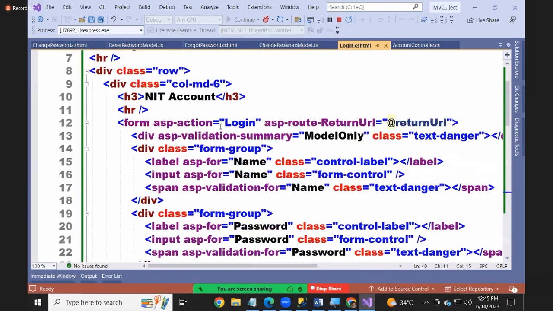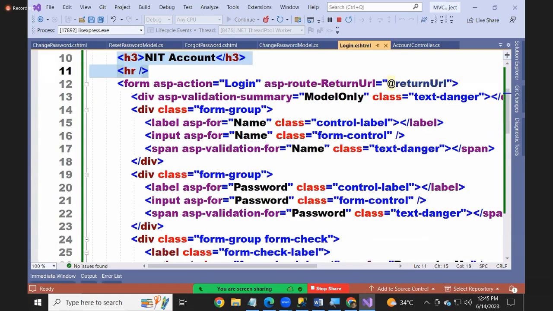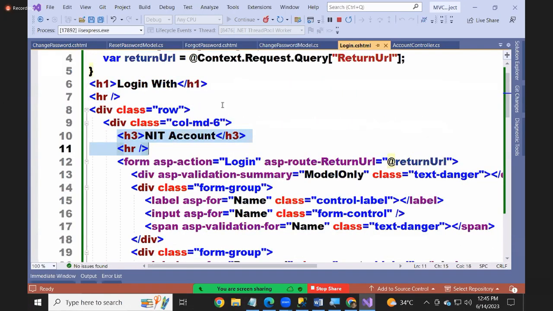See, what did I do first? I made this div as 6. So consuming only 6 cells now. In that, what I added newly? NIT account and an HR. So the HR is only for 6 cells only now. And this all code is same old code. I did not change there. What I did is only, I made this 6 and I added these 2. Okay. Now,